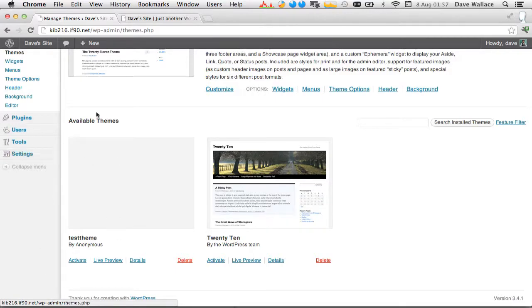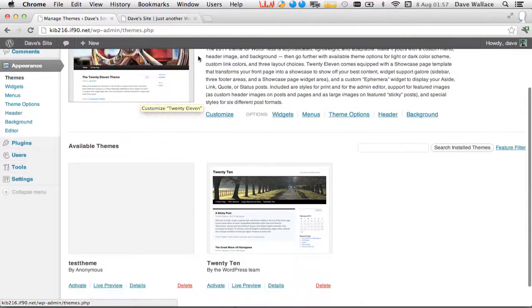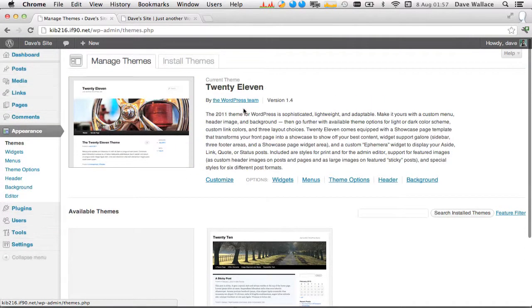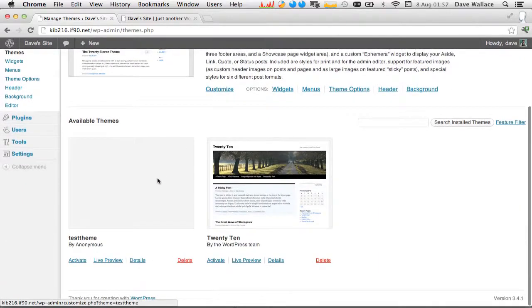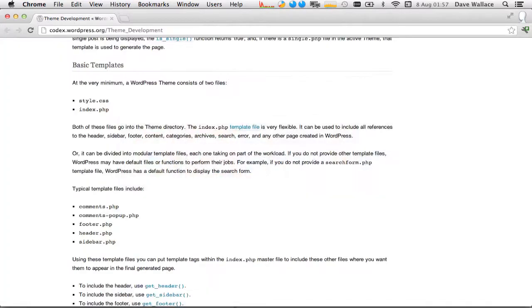Now, it doesn't have any information related to this yet. You can see these other themes have screenshots and they have descriptions and they have names and version numbers and so forth. The only thing that this has is the name, and that's derived from the name of the folder. Now, the way that I can specify the information about this theme is through